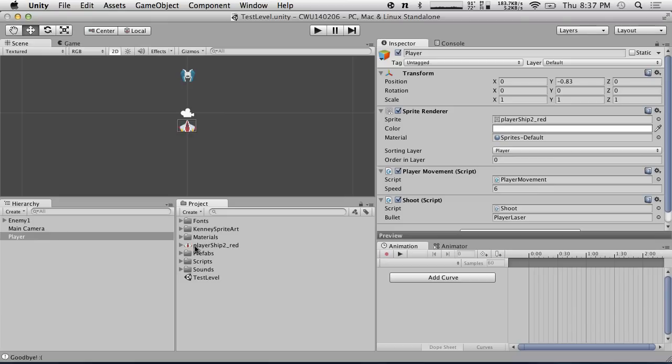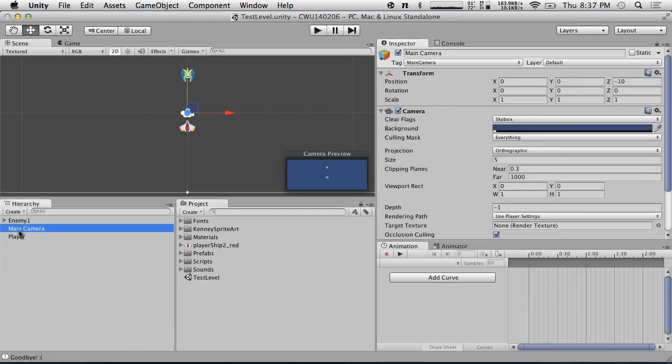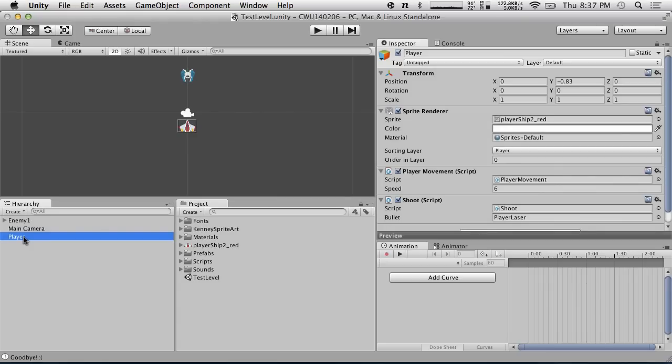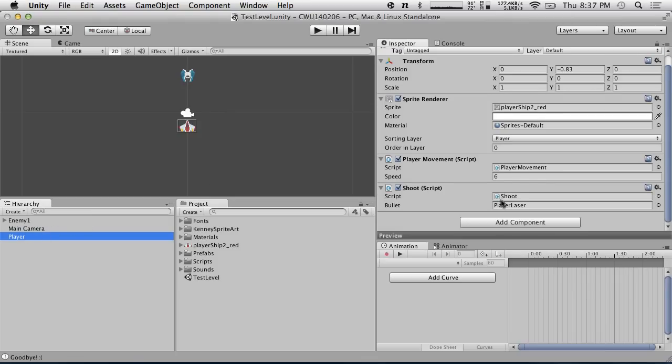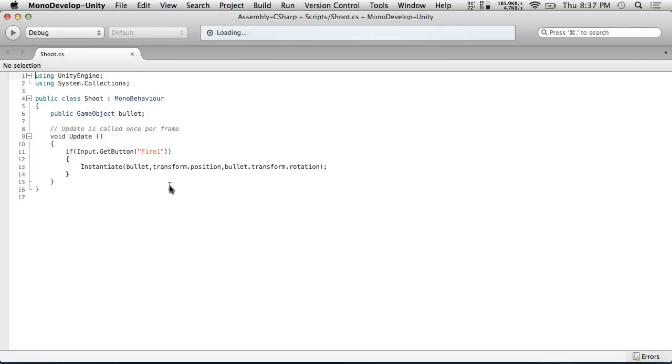So first I want to show all it takes to actually get spreadshot going. I'm just going to do it, because this will be short. If we wanted our bullets to not just be straightforward up and down, we can do a spreadshot. And I'm going to actually make this a power up ultimately, but let's actually implement it first so that people understand what we're doing. So right now we've got our player, and our player has a shoot script, and the shoot script, all it does is when you're holding the fire button down, it instantiates the bullets, and